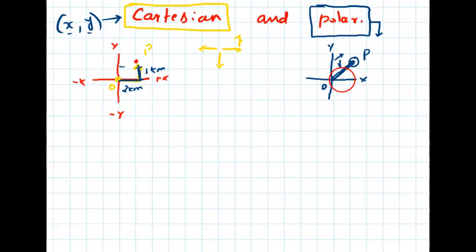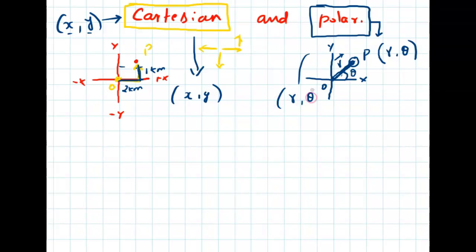If I want to know the exact direction, I should know another information, that is an angle. And always the angle from the x-axis to your position line. This is a position vector line. I draw a curve, which is known as an angle. So two informations are needed. These are all the coordinates, r and theta, in the polar coordinate system. So once again I say, in the Cartesian coordinate system, the two coordinates are x and y. In the polar coordinate system, the coordinates are r and theta.